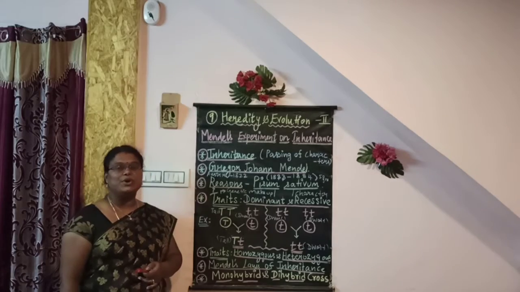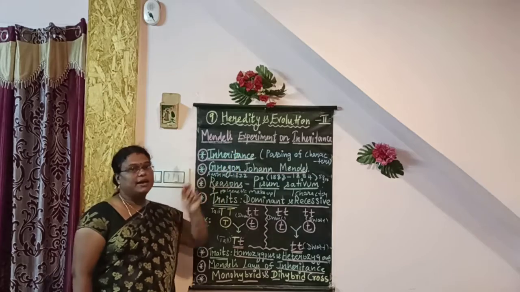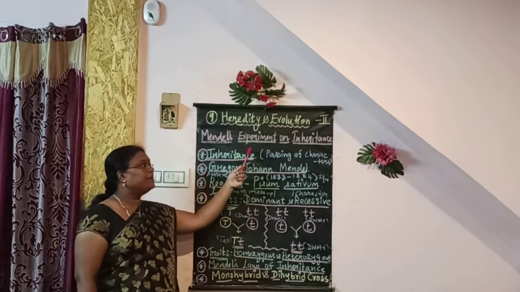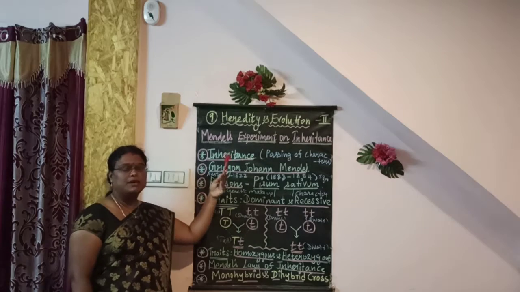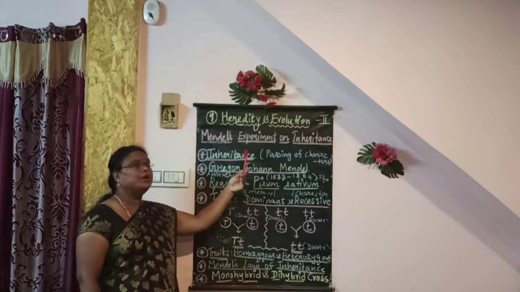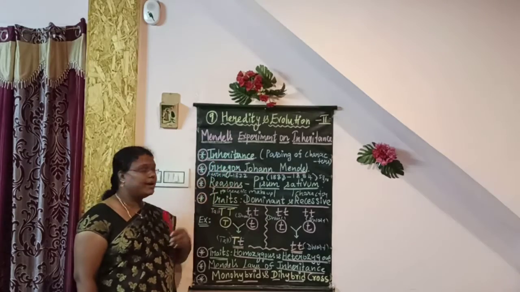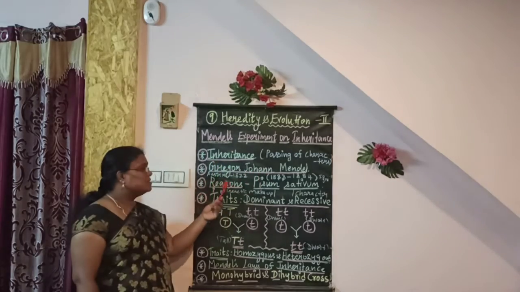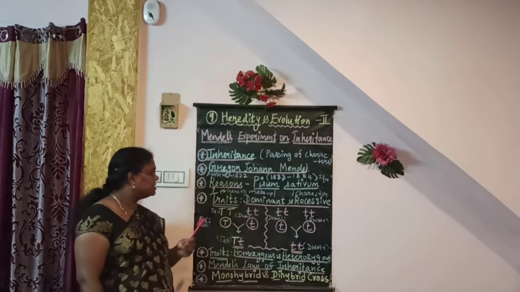Students, in this video we are going to see part 2, chapter 9, heredity and evolution. In this part we are going to see Mendel's experiment on inheritance. Before seeing Mendel's experiment, we will see some things related to it. They are: what is inheritance, who is Gregor Johann Mendel, reasons why Mendel chose Pisum sativum for his experiment, what